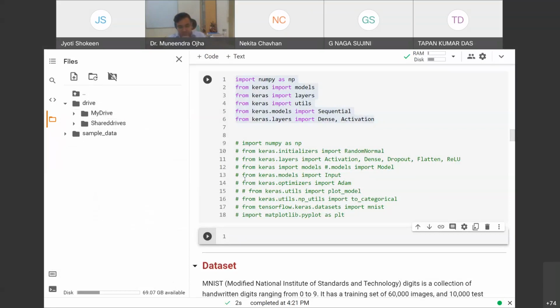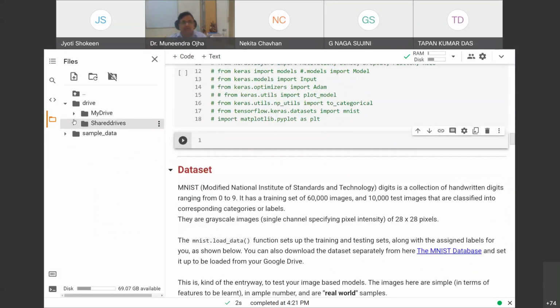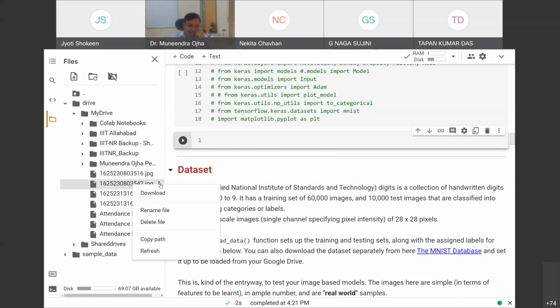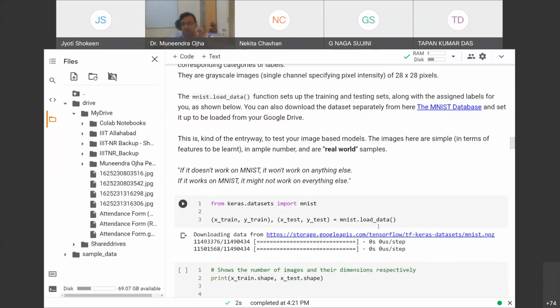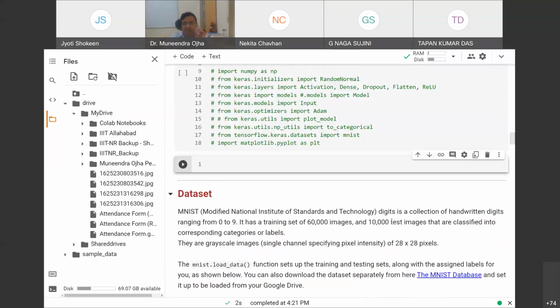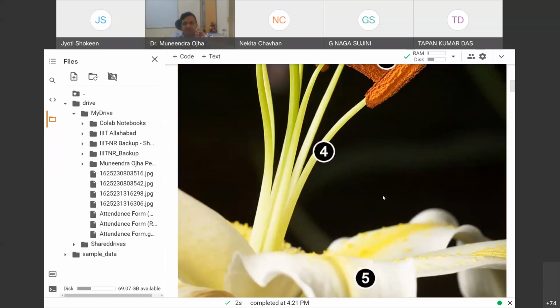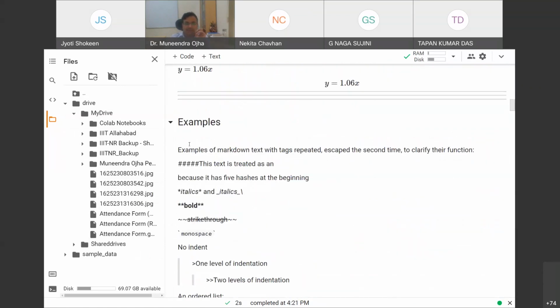Okay. So anything you have in your Google Drive, you can access and utilize that data. All you need to do is go to whichever file you want to use, either right click or click this dot and copy path, and then specify the path from where you are trying to load the dataset. You will be able to load it. You specify the path just like I had specified for that image. Yeah, this image, you see I had specified this path. Just like this, you specify the path and you will be able to access it.